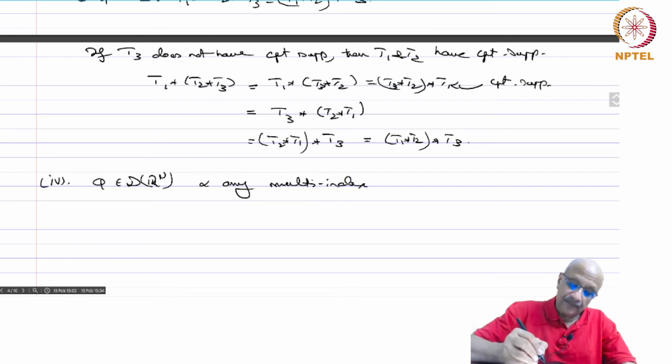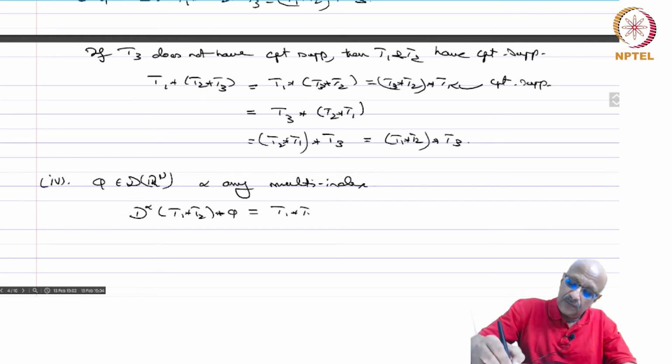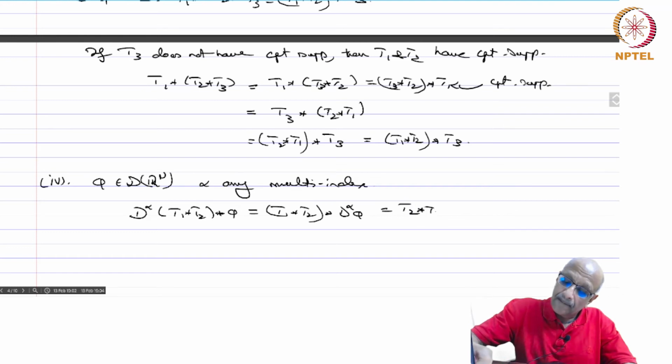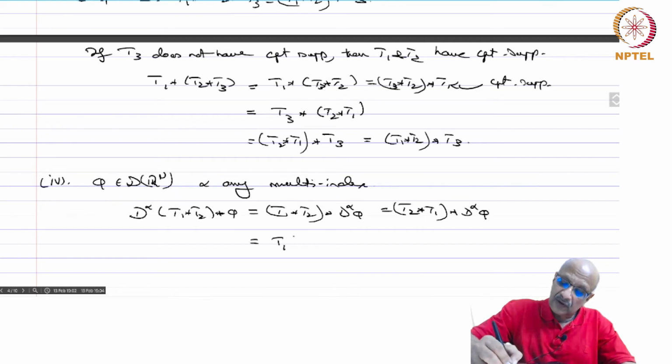Okay. So, then again we will use the cancellation: d alpha star T1 star T2 star phi. This can be written as T1 star T2 star d alpha phi, because we have seen that we can push the derivative to a function if necessary, and that is equal to T2 star T1 star d alpha phi again by the commutativity. Now, I will use that phi here is a C infinity function with compact support. So, T1 star T2 star d alpha phi,